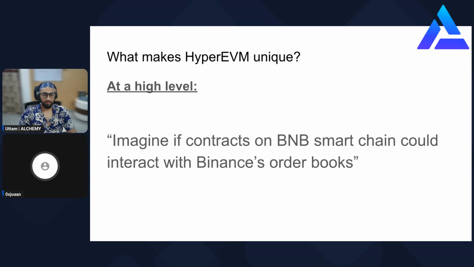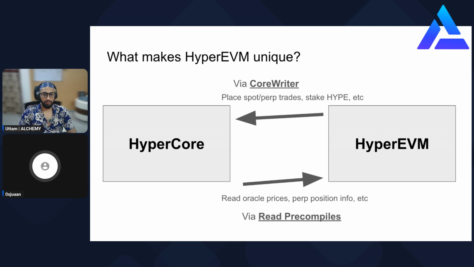But obviously that's not possible on BNB. But with Hyperliquid, we have HyperCore, which is a highly liquid, highly performant spot and perp order book, and now the EVM can